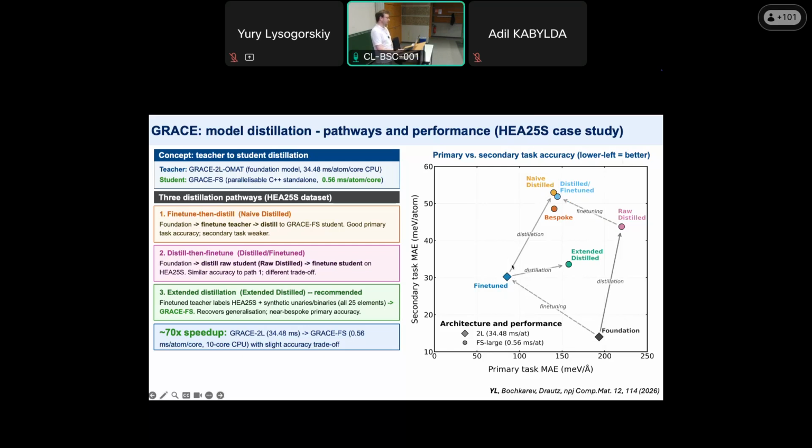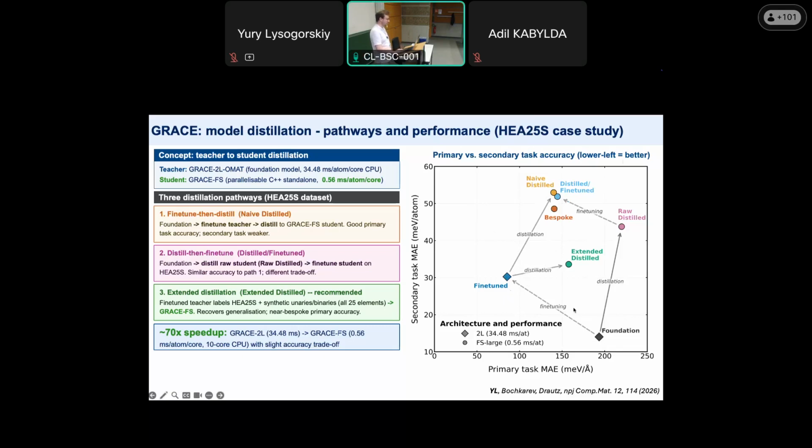You can use your fine-tuned teacher model to generate data beyond what you have in your DFT data set. So you can generate even more training data that covers something surrounding, not only your dedicated task. In that case, you can have an even better, what we call extended distilled model, that has a larger reliability range in this configuration chemical space. The same model complexity as here, but you gain on this axis as well by just generating more training data from your fine-tuned model. And of course, the main goal of these scenarios is to have a speed up.